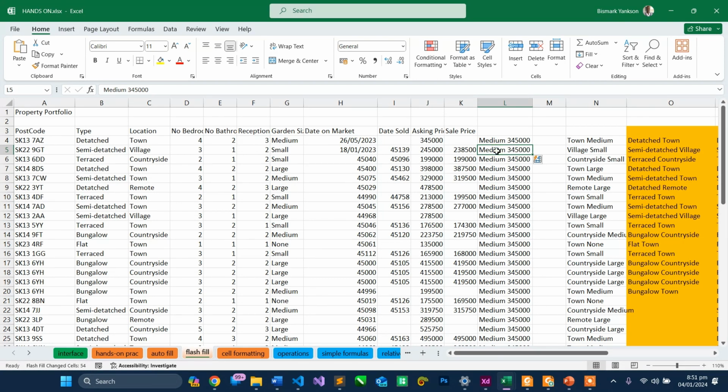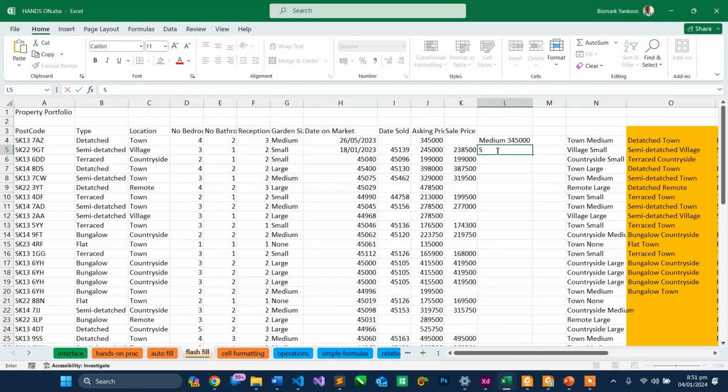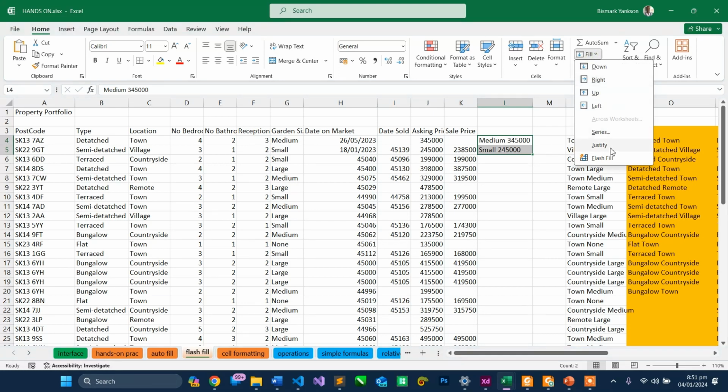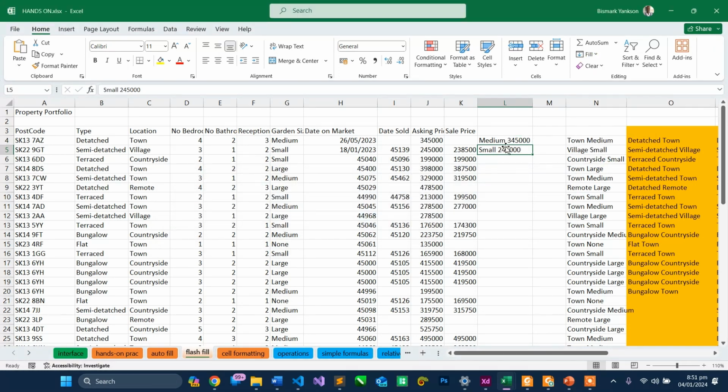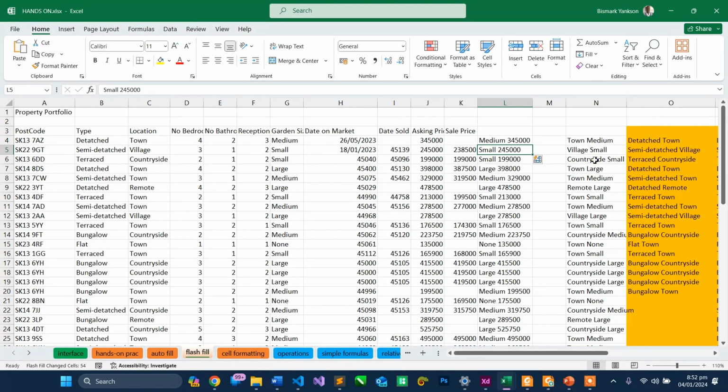I want to start with small here, and I am suspecting numbers, not trying to work with. So we have this, and then we do a flash fill downwards. So if it doesn't work